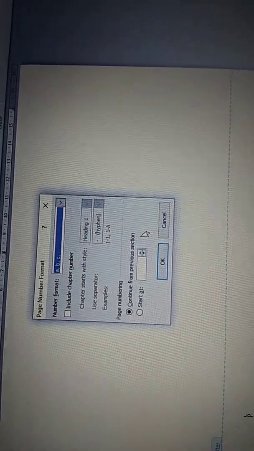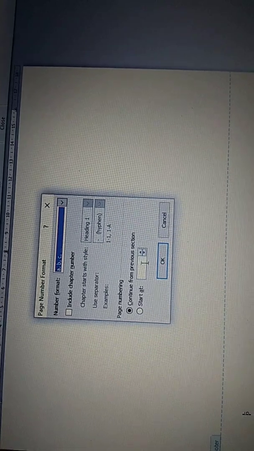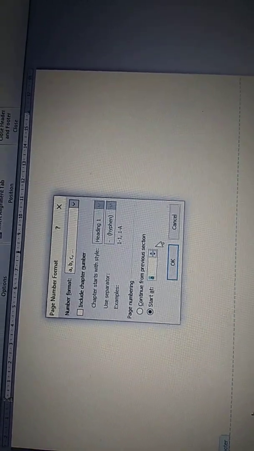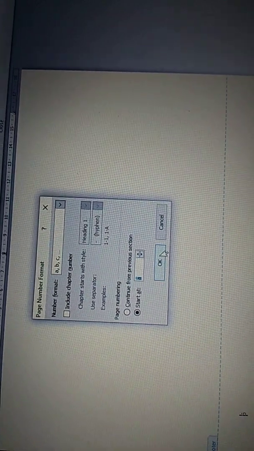Continue from the previous section means from the previous page, or I want to start at this page only, start from A. Then click on OK. Page numbers will be displayed. If I have not applied, if I apply to, it will be displayed also. All this you can do on your computers at your home also.